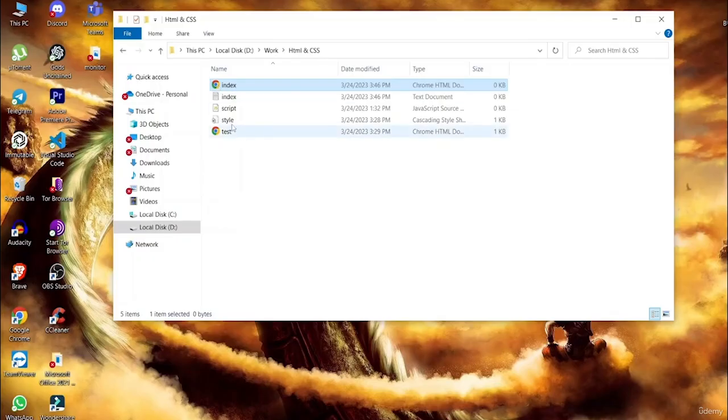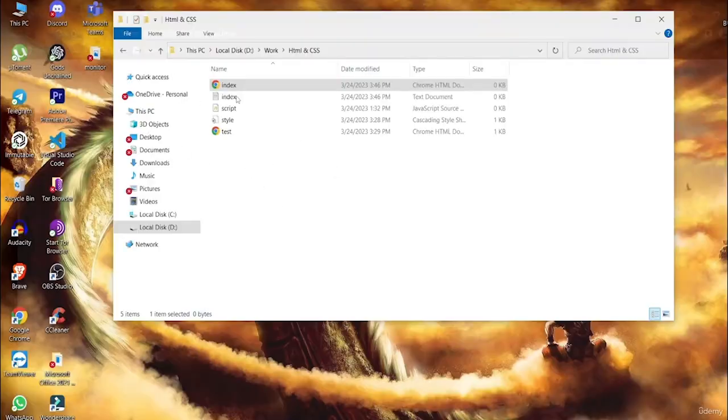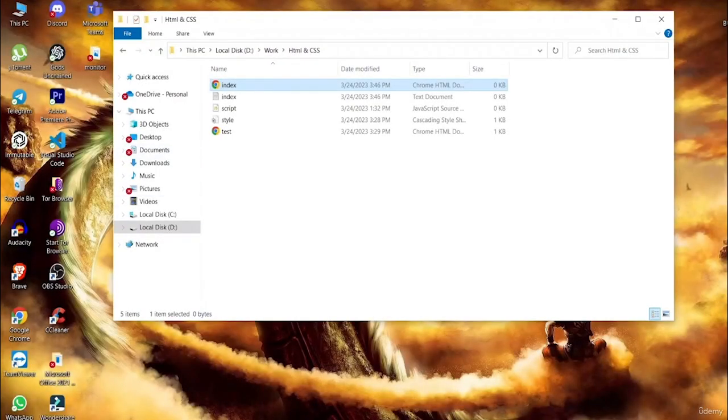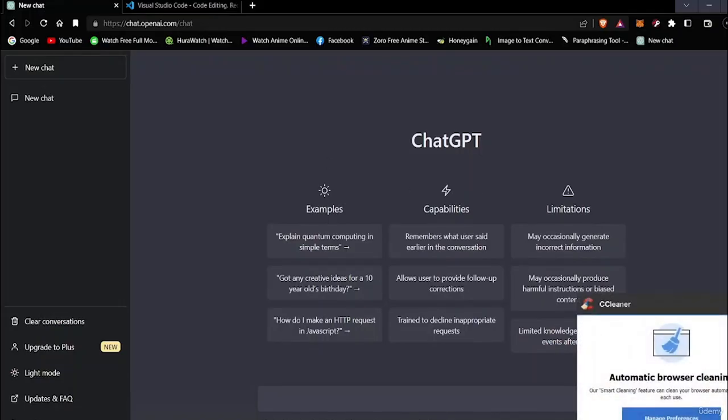Okay, so if we basically click on it, it's going to take us to this blank page, which we're going to edit later using ChatGPT, which is very simple. So we're gonna go back, and you can see that this is the blank page right here. Okay, whatever we're going to do, we're going to do it here, and let's cut this off right now because we're not gonna need this right now, because the main job is going to be with ChatGPT and Visual Studio Code. All right, so we're gonna go back to ChatGPT,